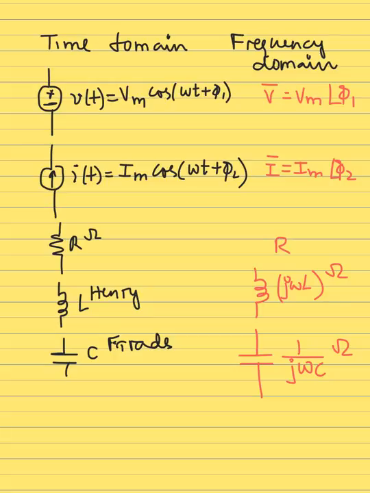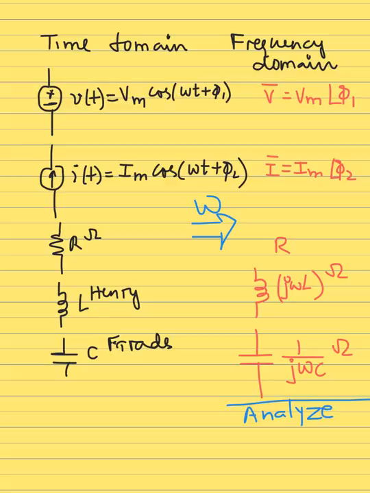What we do in there is, we are given a circuit in time domain. We could be given it in frequency domain as well, so all the values in ohms, volts, and amperes, of course. Otherwise, if a circuit is given in time domain, we convert it to frequency domain first, and all of this is happening at one frequency omega. Then once you have the circuit ready,